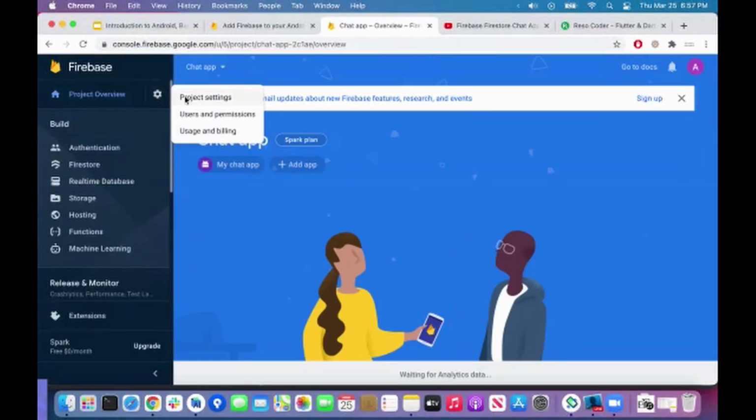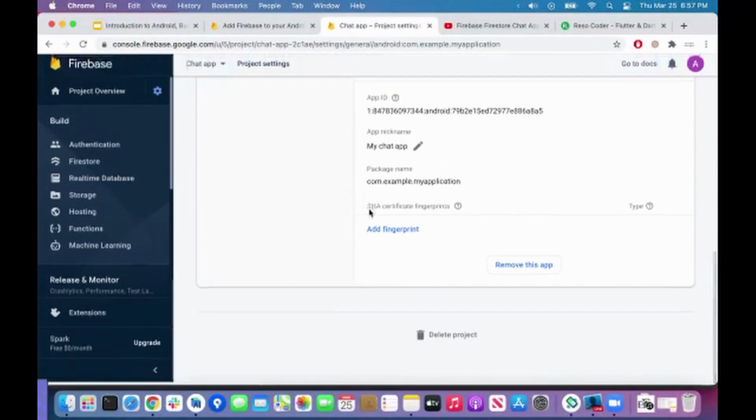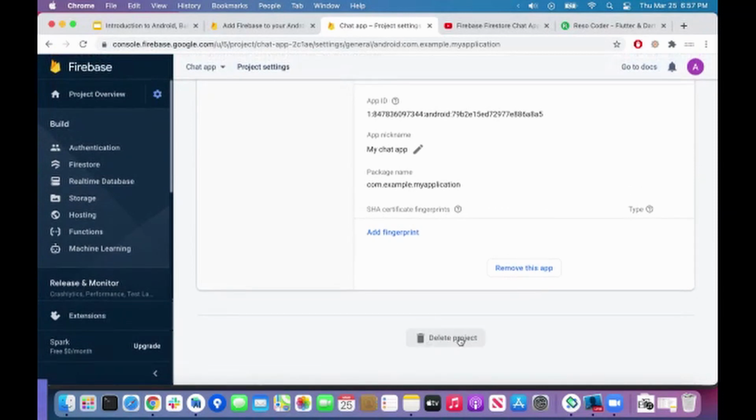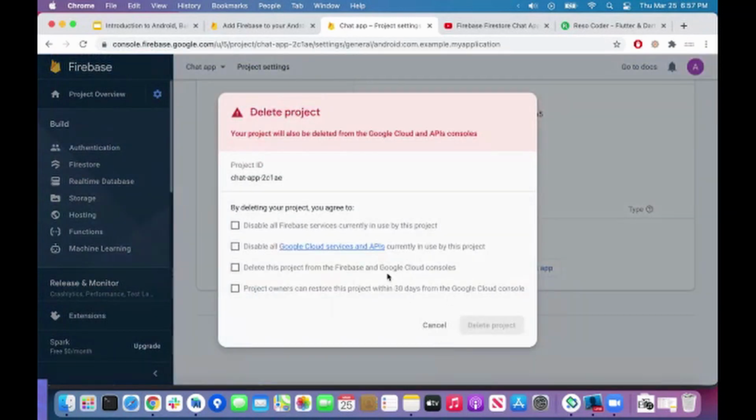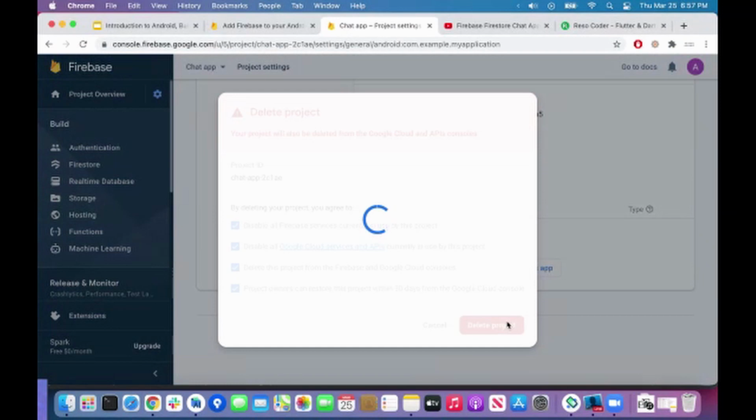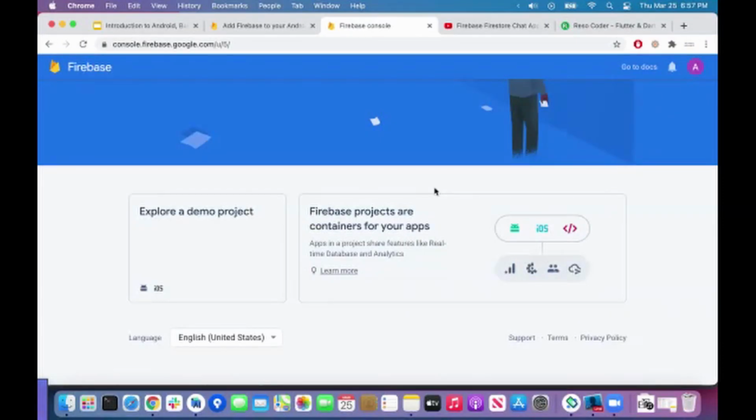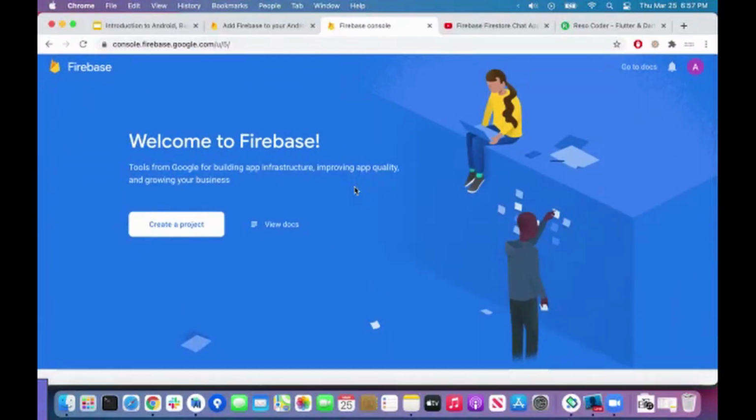I'm just going to go to project settings. And in my opinion, they should have a much more hidden way to delete it. It's literally 2 clicks and your whole project is gone. Yeah, you have to click on a bunch of checks here. But bam, project disappeared forever. There's no going back. 4 clicks. It's a lot, especially if your app is in production. That's really bad. Anyway, so now we're back to the original screen